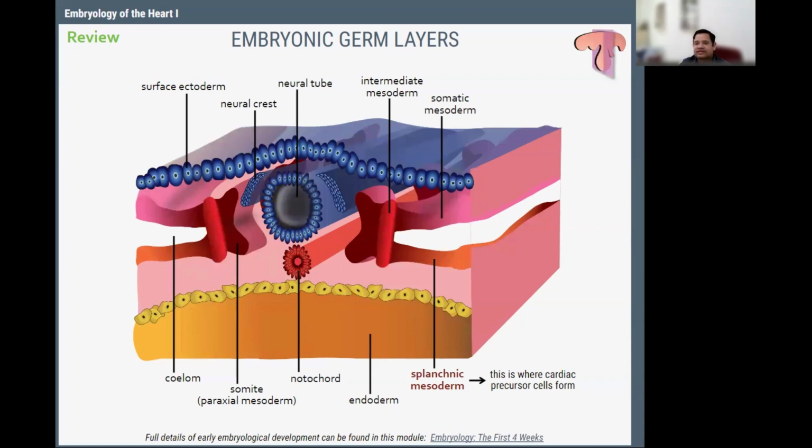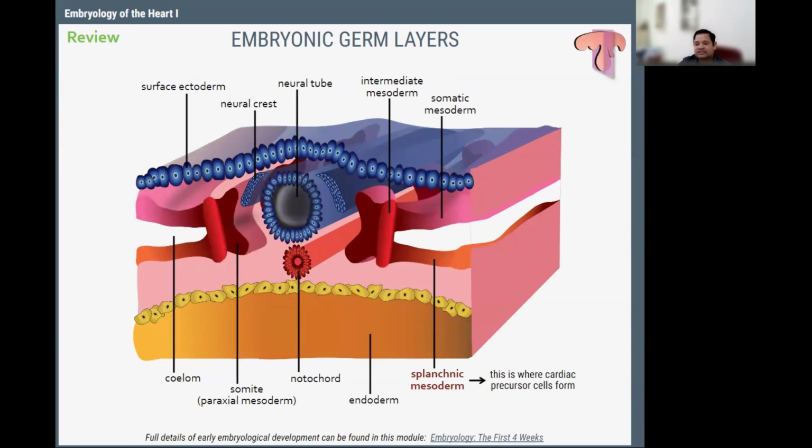First of all, we have to revise something about the embryonic germ layers. You can see my previous videos about the first 4 weeks of the development, and then you will continue from here. Let's review what we have done till now. So there were certain germ layers developed which we are going to develop in the further of